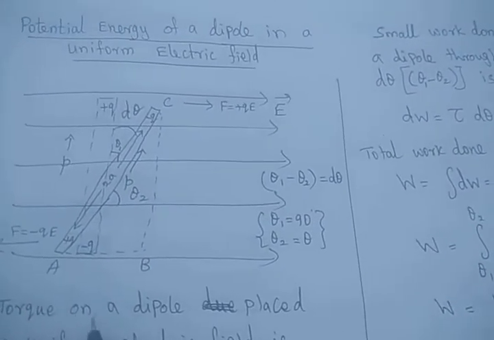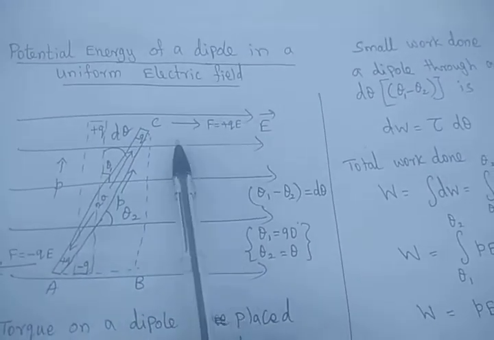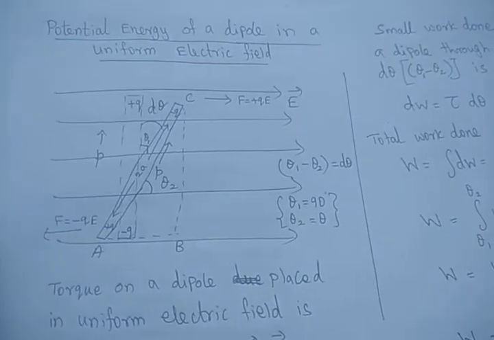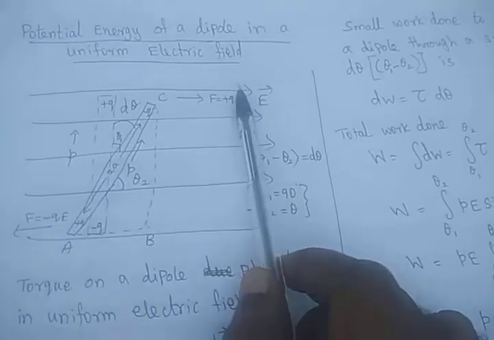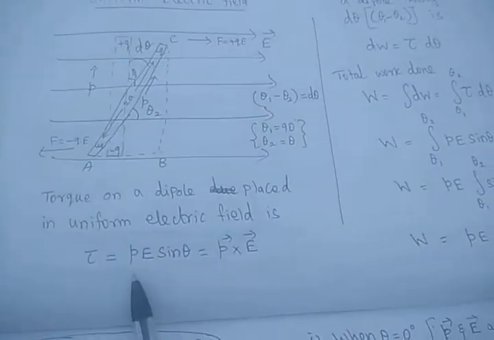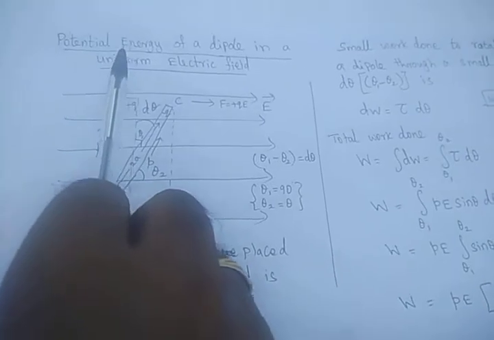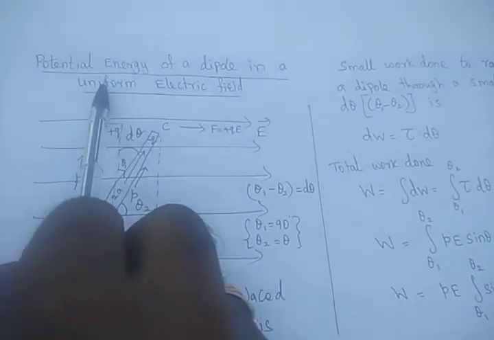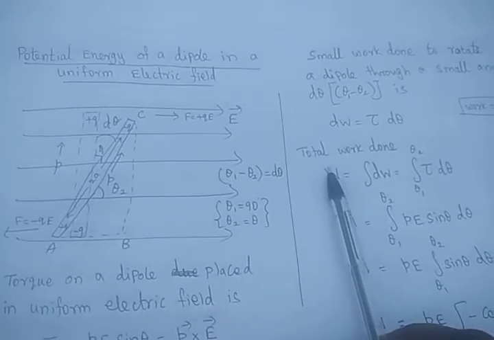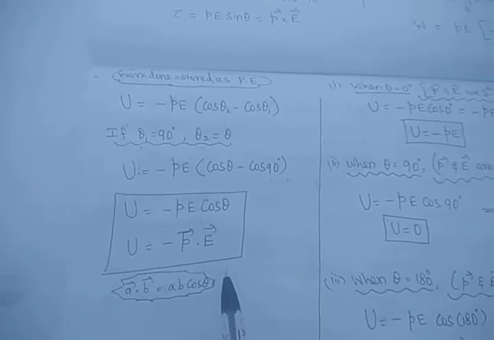So students, remember, whenever the electric dipole is placed in a uniform electric field, there will be a force experienced. This force will be acting in this direction, and this force in this direction. So both the forces are equal but opposite in sense, so only the torque will be experienced. That torque equation is this one. Due to this torque, some work has to be done. That work is stored as a potential energy. For that only we are deriving in this question. So the work we derived is stored as a potential energy, minus P vector dot E vector.